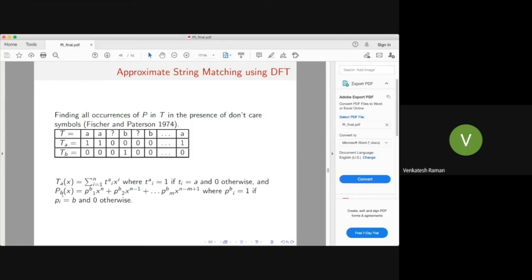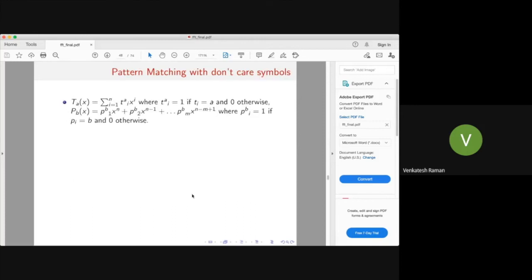Because the pattern has only length m, you play around with the coefficients carefully. So P1 is x to the power n, P2 is x to the power n minus 1, and you go up to x to the power n minus m plus 1. Now it turns out, here is T and P, and if you look at the coefficient of x